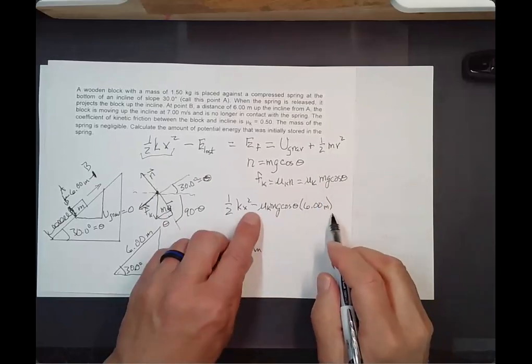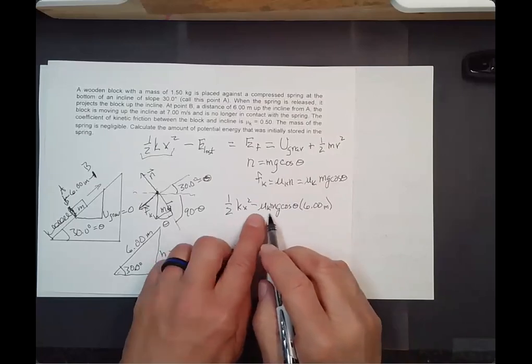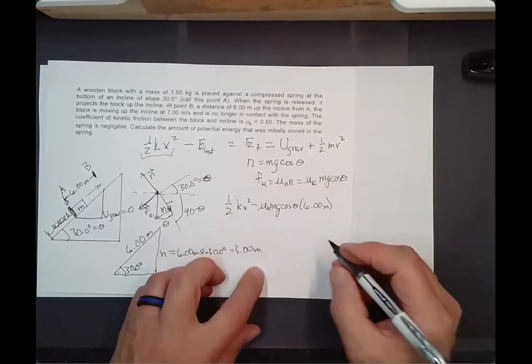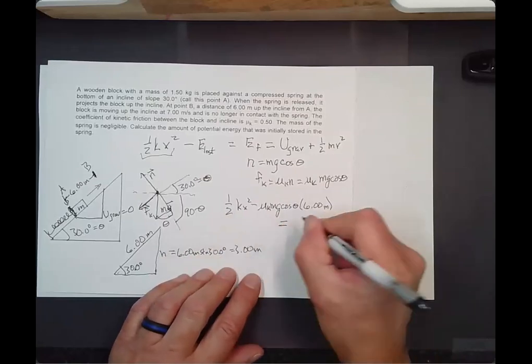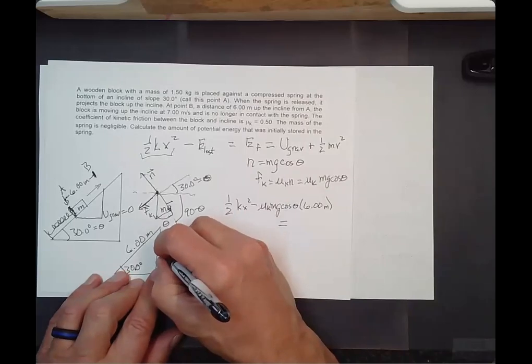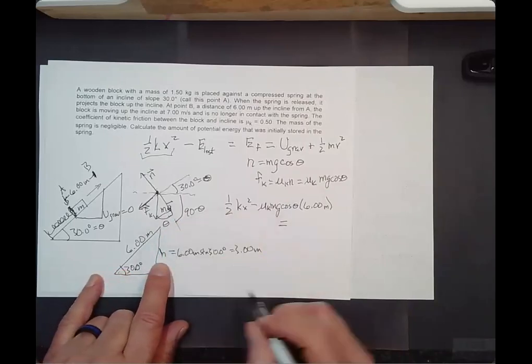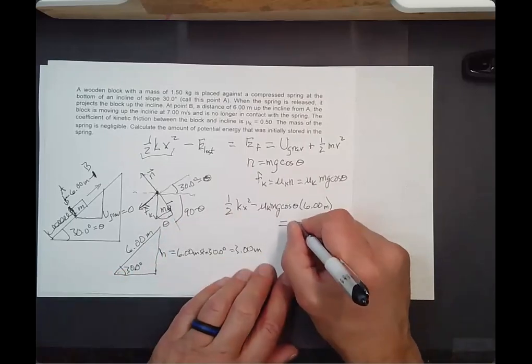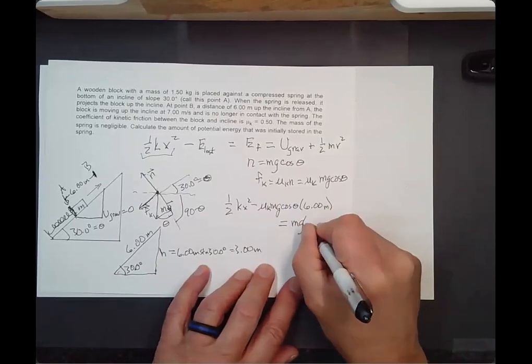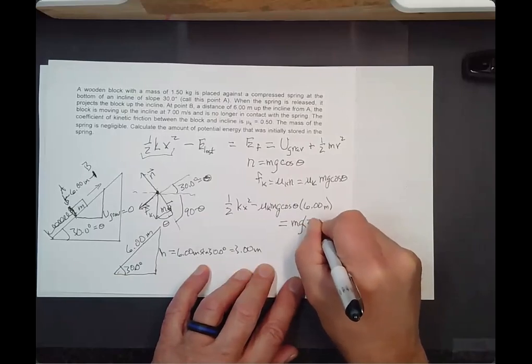That'll be the work done by friction, and we take that amount away from the initial energy that we started with. And I'll end up with, let's see, this is an H here, not an N. That'll equal m times g times 3.00 meters